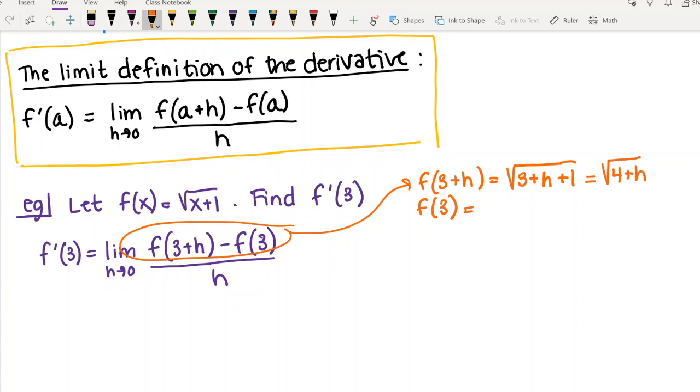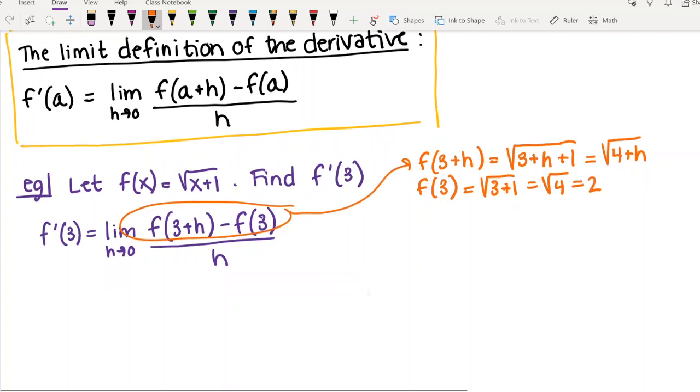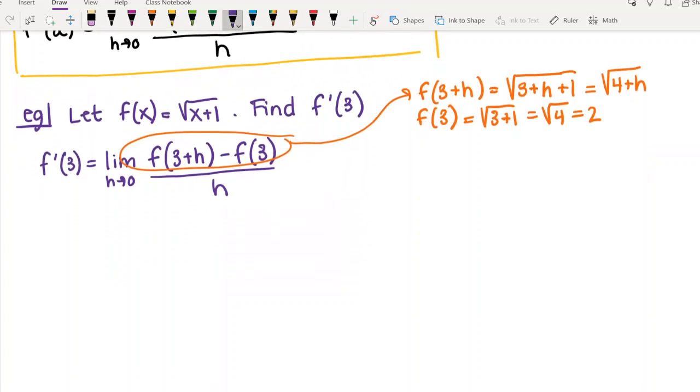f of 3 is just plugging in 3 to our function, so that's the square root of 3 plus 1, so that's the square root of 4, which is 2. So now that we have that part, we can just stick that into our function so that it's not as complicated, or we don't have to do it all at once. So we have, in the numerator, the square root of 4 plus h, and then minus 2,